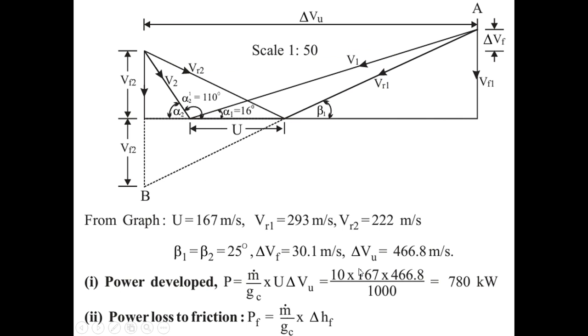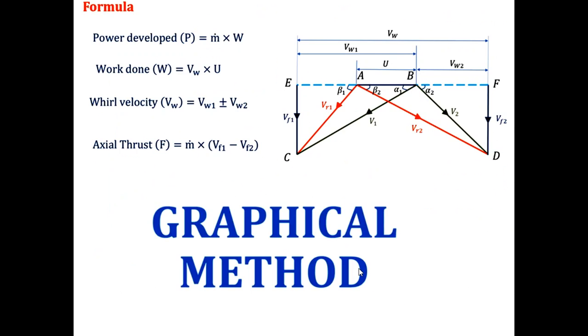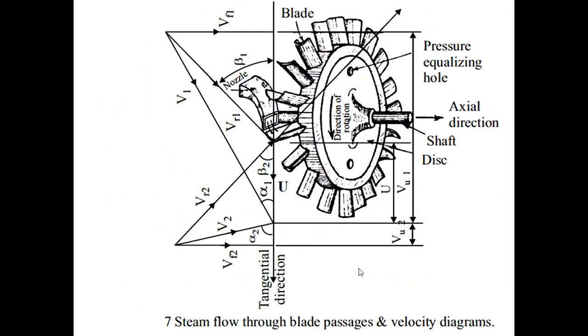Yes, sir. Yeah. See, even you can draw V1, V2, you can exchange the right and left side. Also, you can draw top to bottom velocity triangles also. Anywhere you can draw. Scale should be correct, angle should be correct. That will solve your problem. Even you can draw these velocity triangles in vertical direction also. Like this. Like this also you can draw. This is also 100% correct.